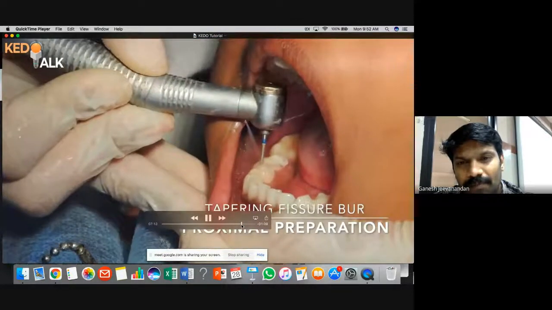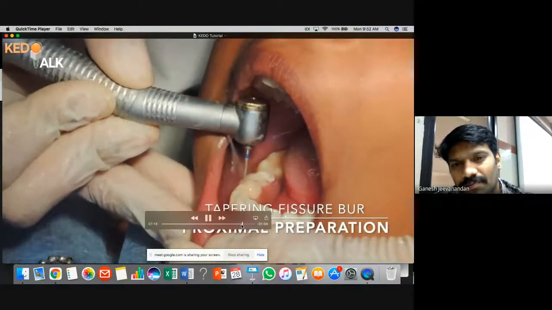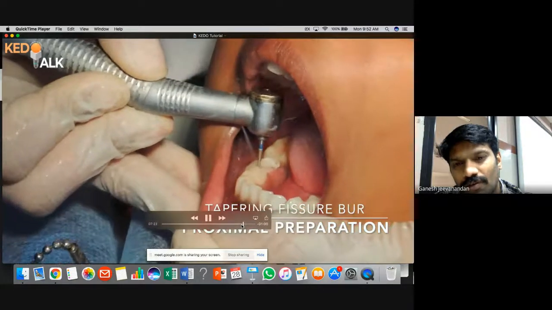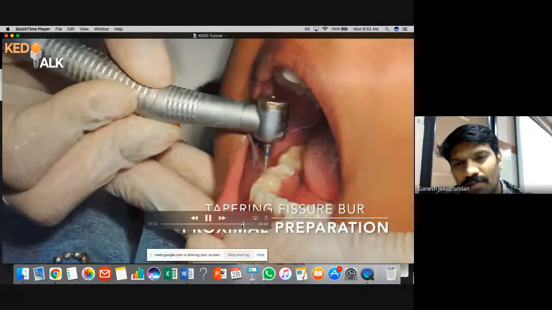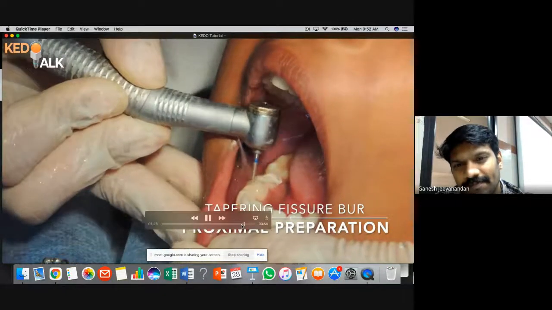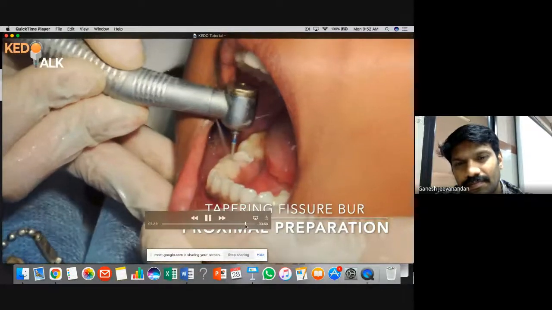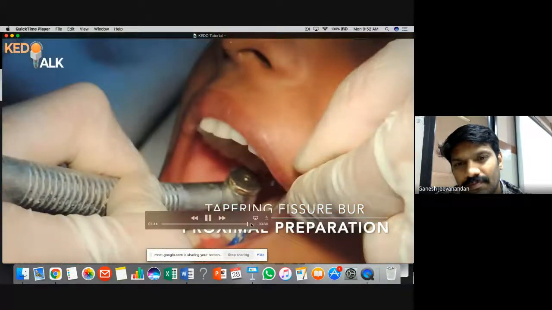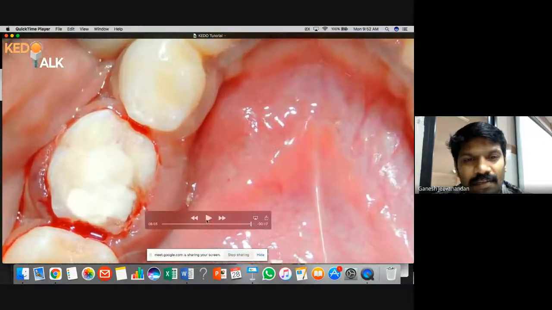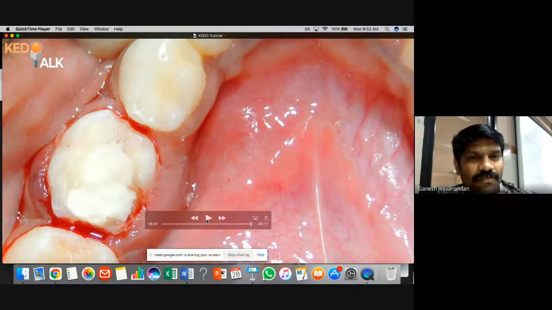We prepare proximally. You could do it in one shot also, or you can use a cutting motion also. It's up to you. It is your own choice. One shot is always easier to break that contact. Now that's the preparation. If you see, that is the preparation of this particular crown which we have done.